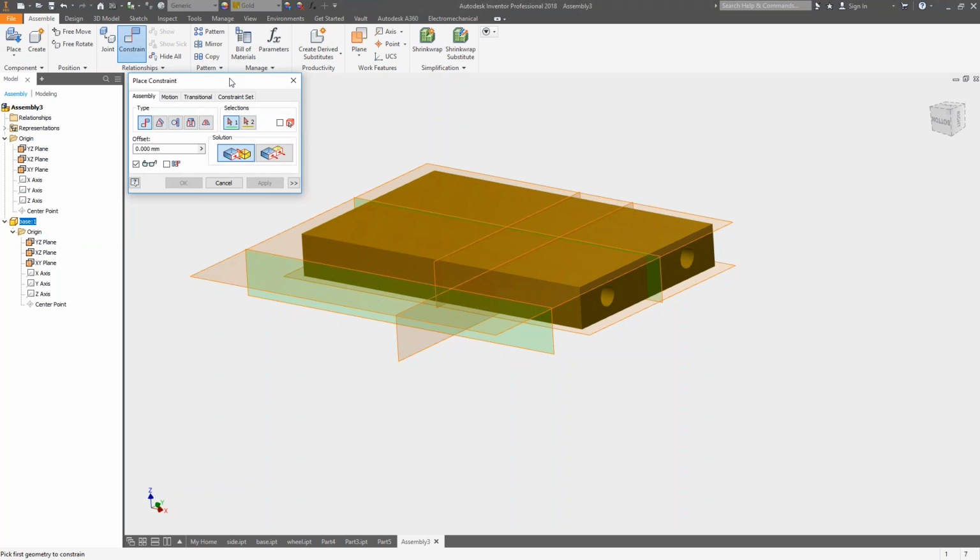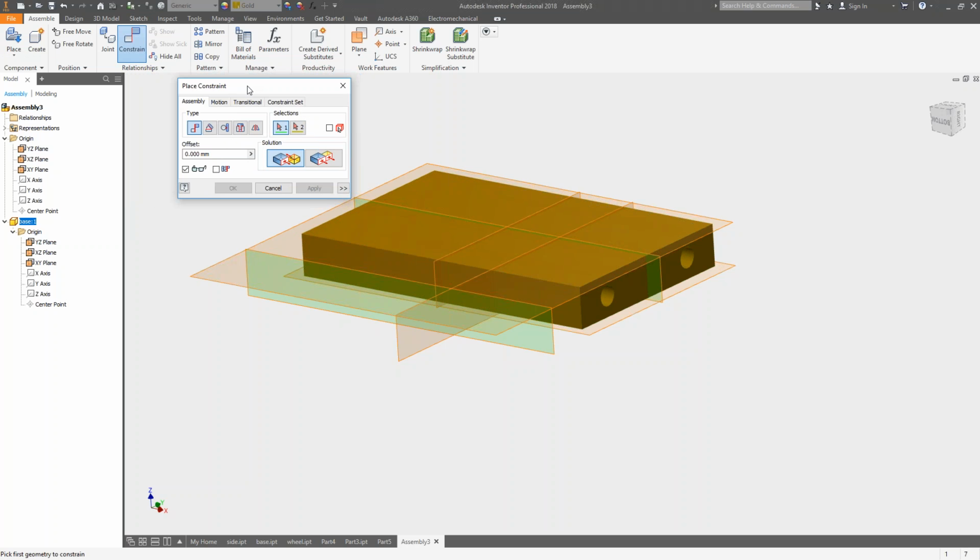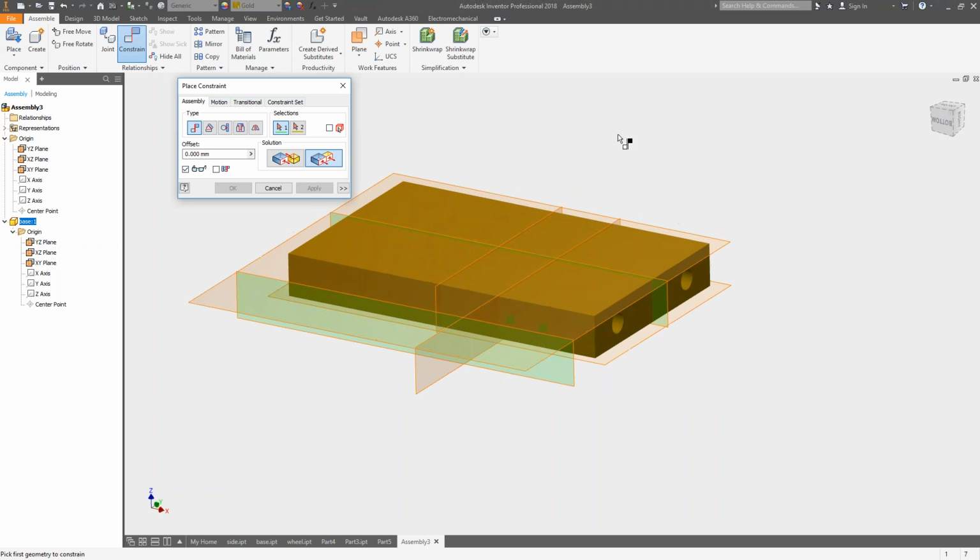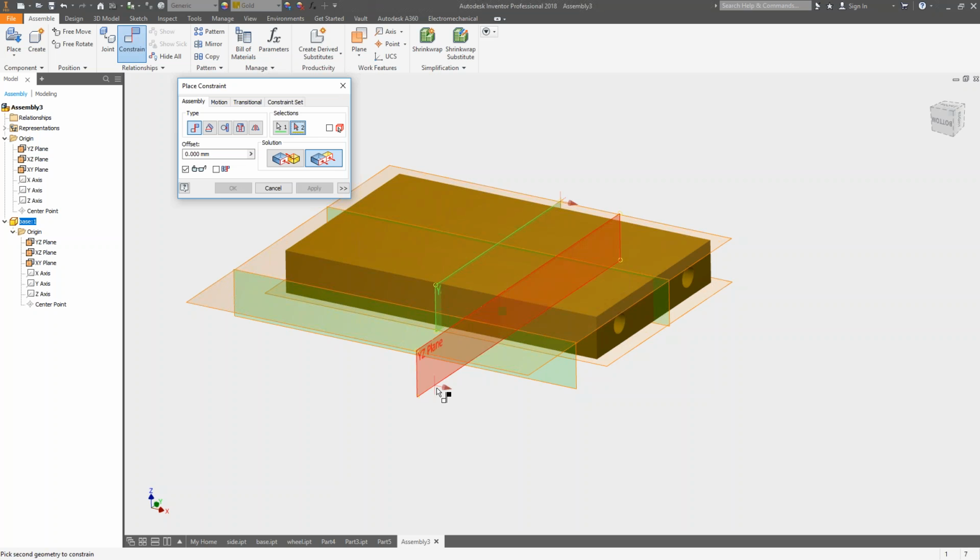So the constraint command has all kinds of options inside of it. We're going to focus primarily just on this first assembly constraints. We're not going to worry about motion or transitional or constraint sets right now. And we're going to be working with flush and mate components. So I'm going to switch over to a flush, and what I'm going to do is I'm just going to pick all of these